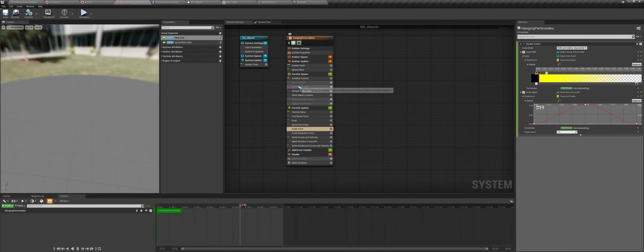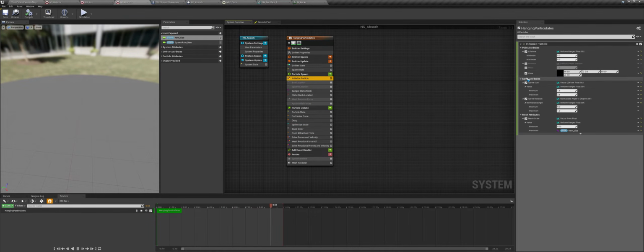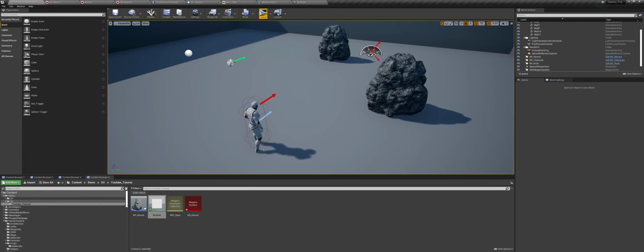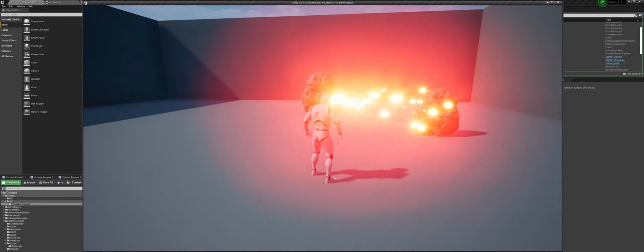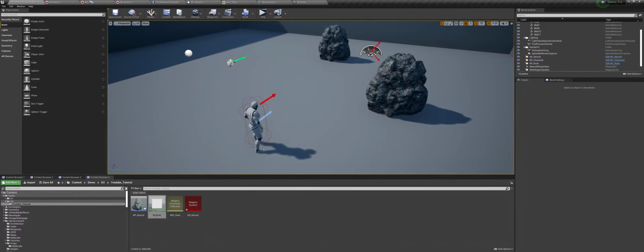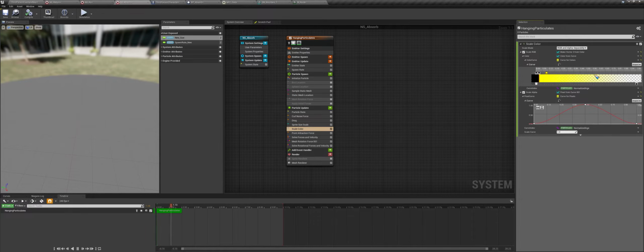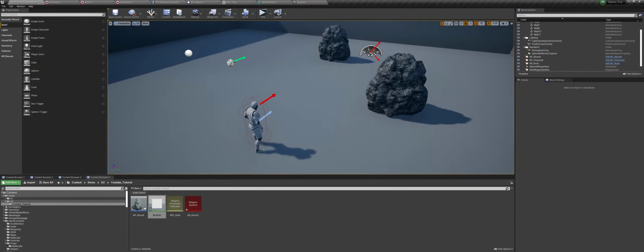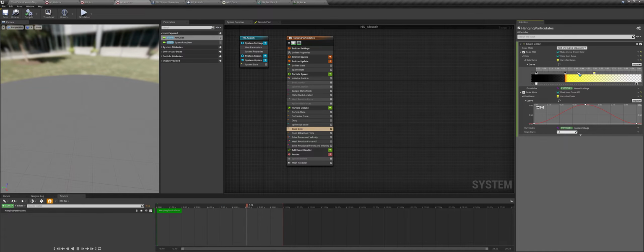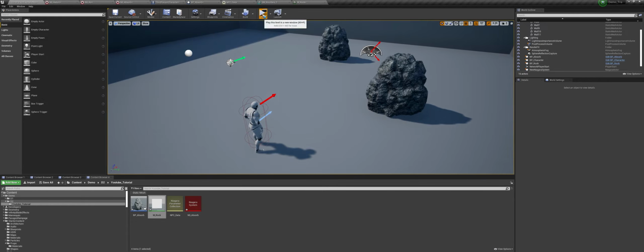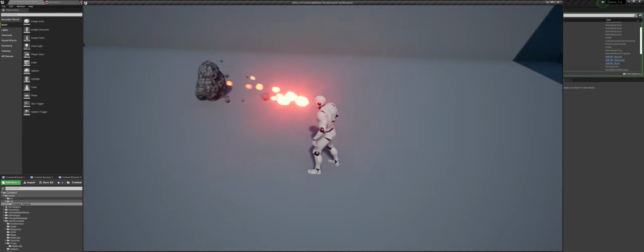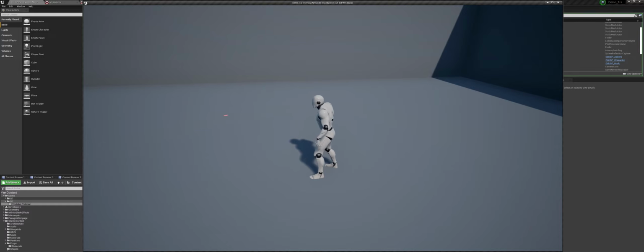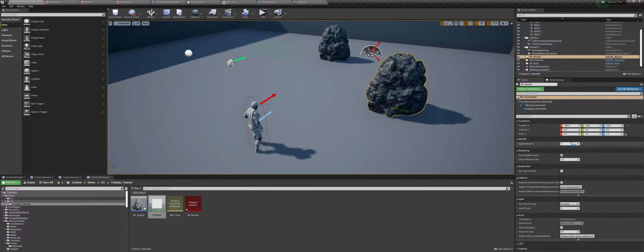So actually this is because we have to untick this, and if I press play, you can see like this. So we can just move this here and move this here. Maybe that's too much. I will just move it closer like this. So we get that effect. Now we can change the amount here.